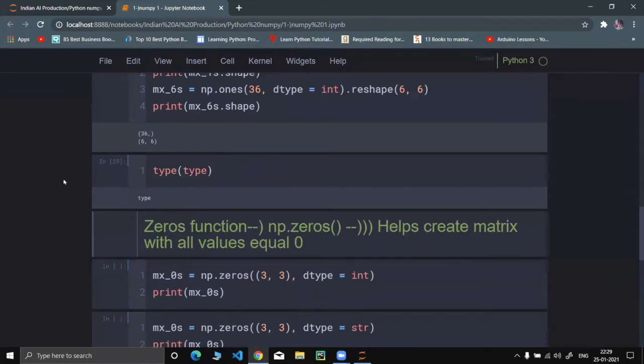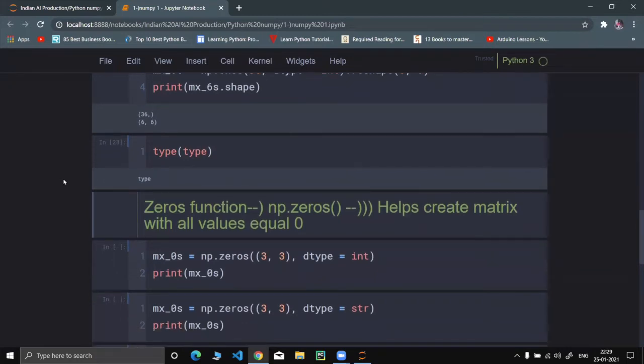Type is also a class in Python. It is also an object. Everything is an object in Python, whether it is type, int, float, string, dictionary, or function. A function is also an object; it is a first class object. Okay, fine, you continue.